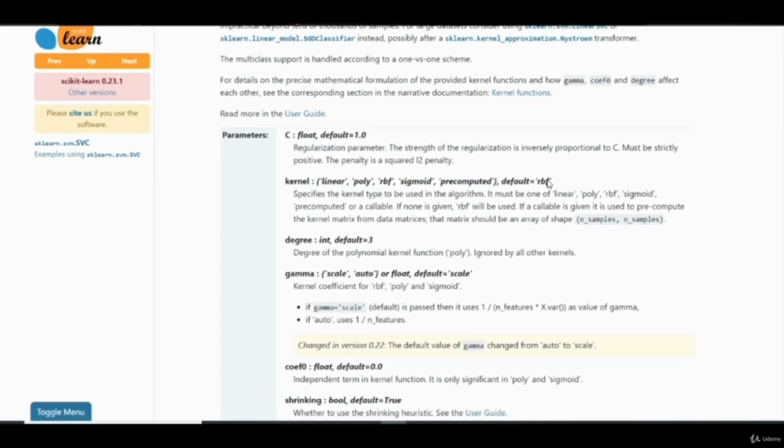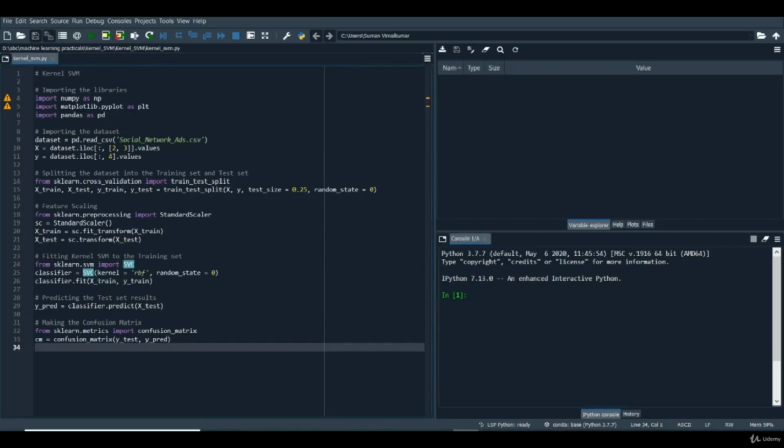You can try to change the kernel in our code, and you can play around with the code of the previous section by changing its kernel and checking its accuracy, how accurately it's predicting. As you can see, this is the whole code that we understood in the previous section about the SVM. All we are going to do is change the value of the kernel that is available here, which was linear first. We applied RBF here, and it's RBF by default too. So let's try to execute this.